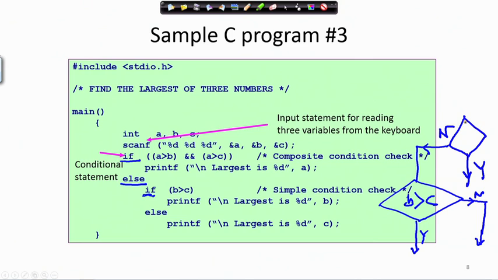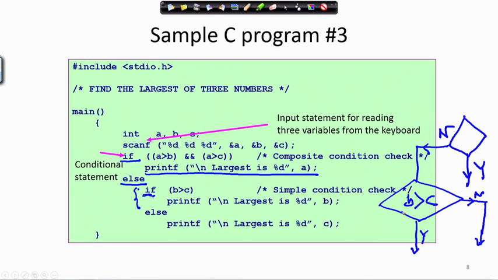If means if the result of this diamond box is yes, then this statement will be executed. Otherwise, that means if the answer to this diamond box is no, then this part will be executed.